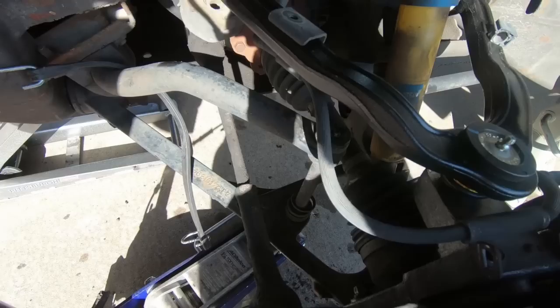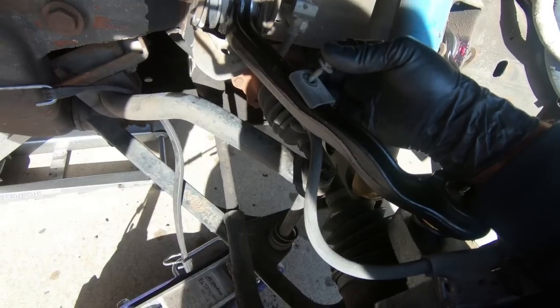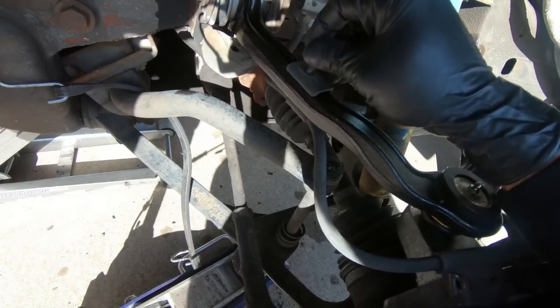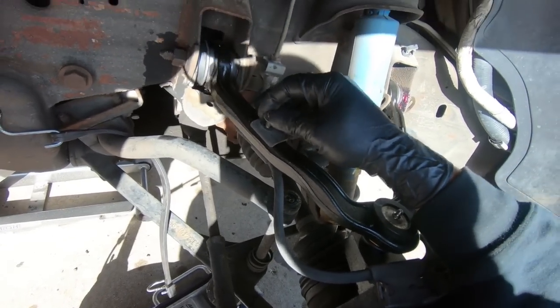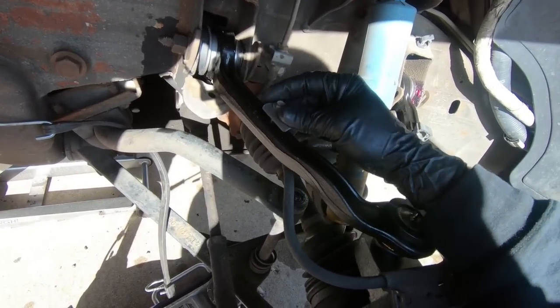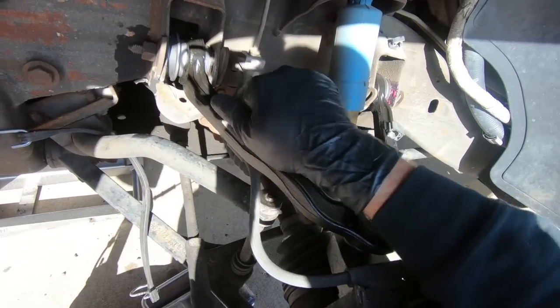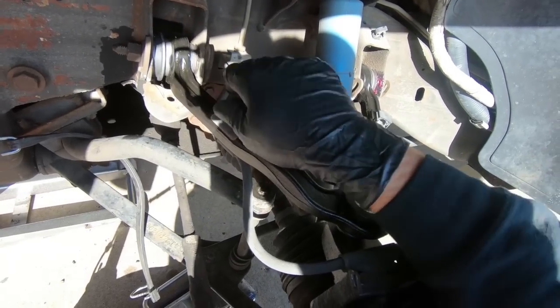Of course I dropped it. But then this goes into place just like the factory piece, which is very, very nice. It's going to make a liar out of me. Trying to hold the camera and do it at the same time isn't working. There we go. Once we get that into place and tighten down,